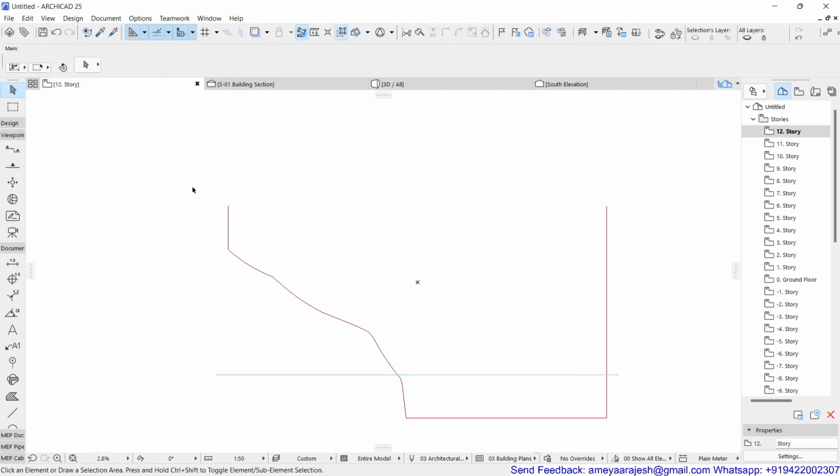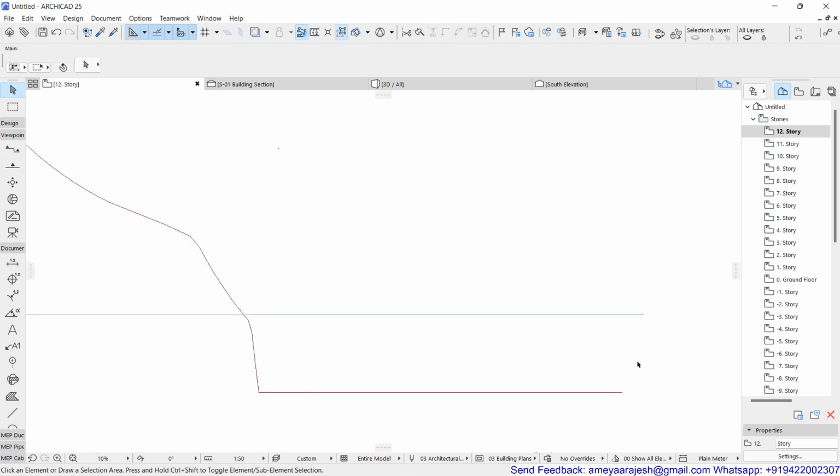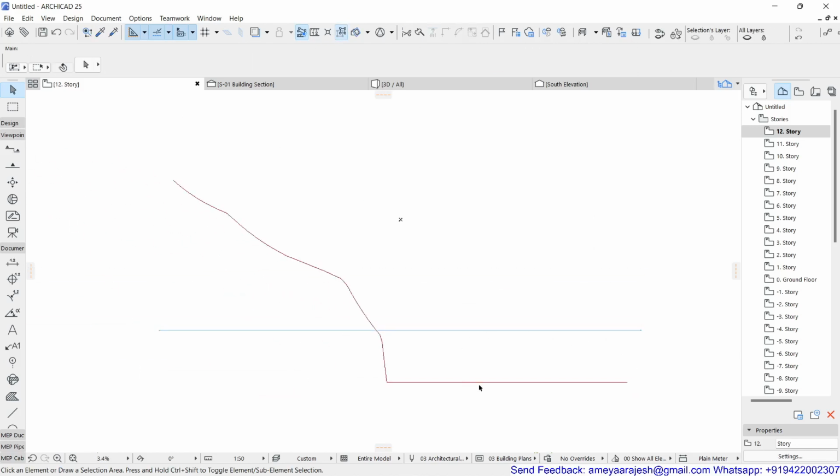But then you have to do this almost on all these stories. Okay, so you complete that task, and then altogether you will be just left with the contour lines only.